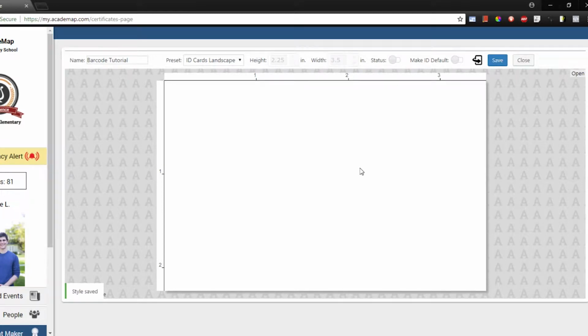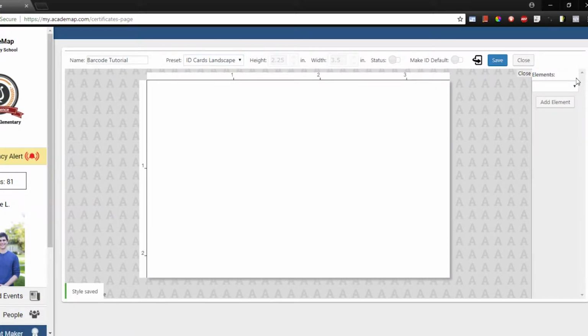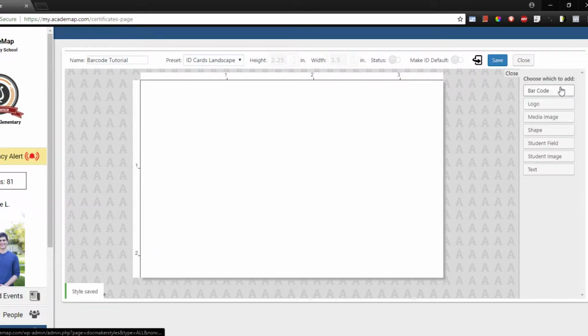In this video, I'm going to show you how to create and edit the barcode element. So I've created a new document, I've named my document, and I've selected the ID card landscape preset to give me a canvas the size of an ID card so I know the sort of scale that I'm working at. Once you've done that, click Open, click Add Element, and then select Barcode, and it will drop a barcode onto